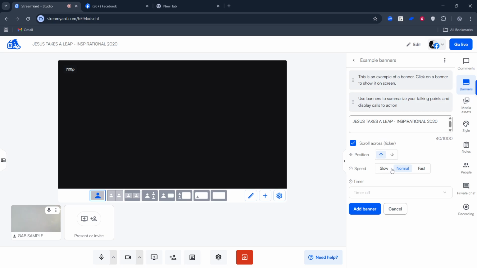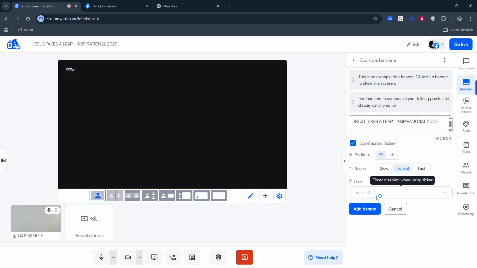From here, customize how it appears. Choose the position, either at the top or bottom of your screen. Bottom placement is common for news-style updates, while top placement can help keep it away from lower thirds or captions. Then select the scroll speed: slow, normal, or fast. Slow is great for long messages or formal broadcasts, normal works for most use cases, and fast is best reserved for very short, high-impact notes. Keep readability in mind. If viewers can't finish the sentence before it loops, dial it back.